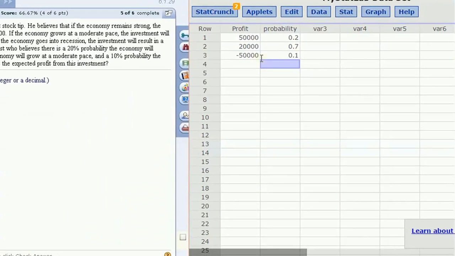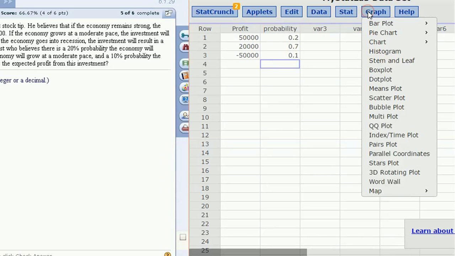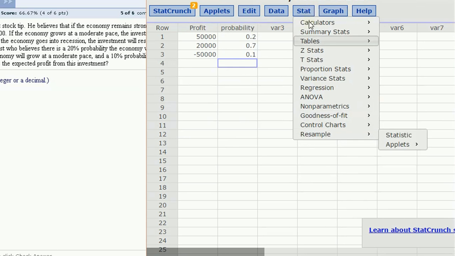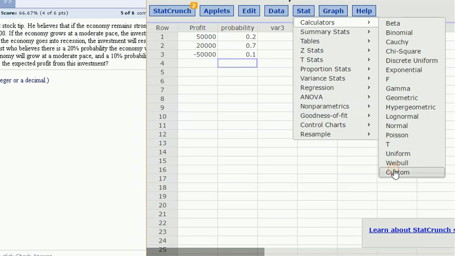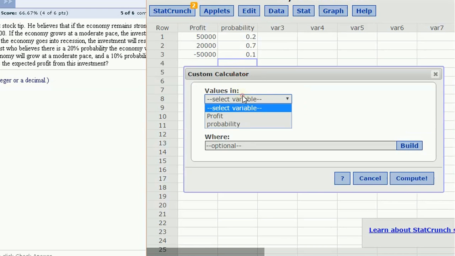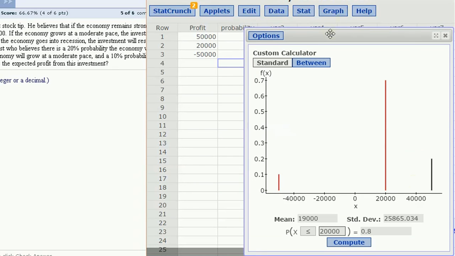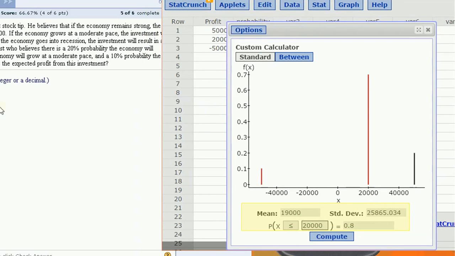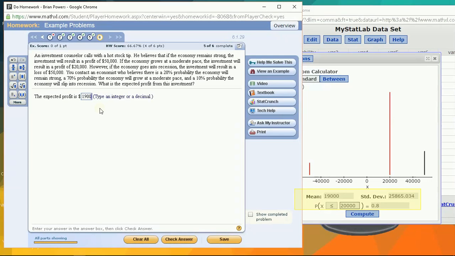So to calculate expected value, I'm going to do just what I did before and go under Stat, Calculators. I'm going to create a custom calculator for the probability distribution that I've just put in. The values are in the profit column and the weights are in the probability column. And this is what we get. So this calculates for us the mean and the standard deviation for this probability distribution, so we don't have to calculate it by hand. So there's the expected profit, and then the standard deviation on profit is